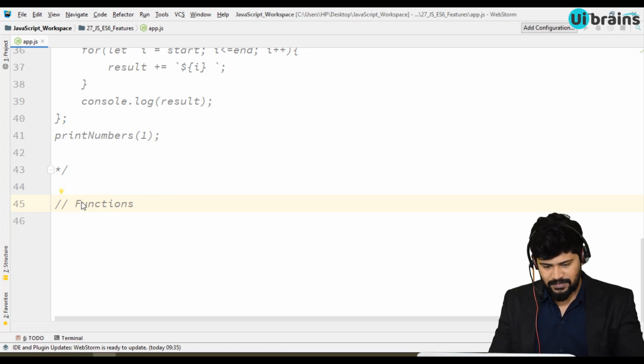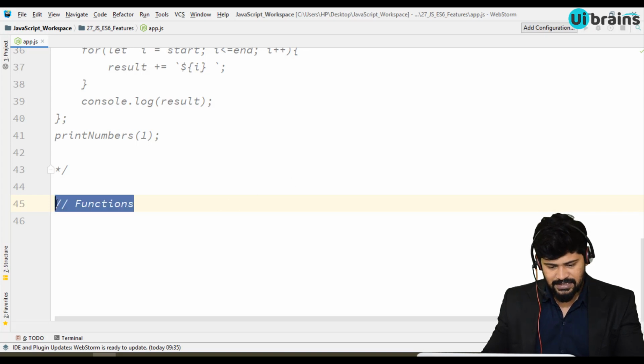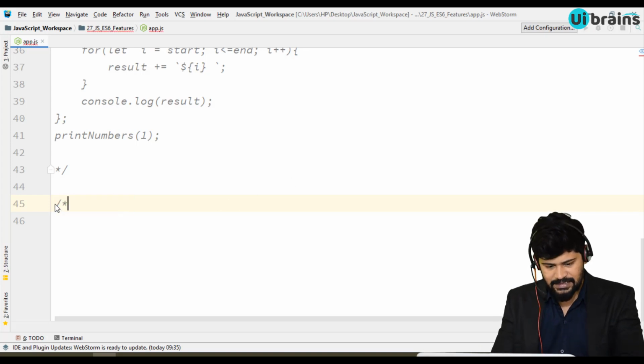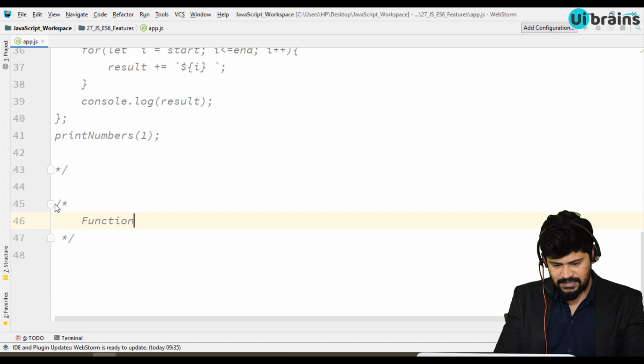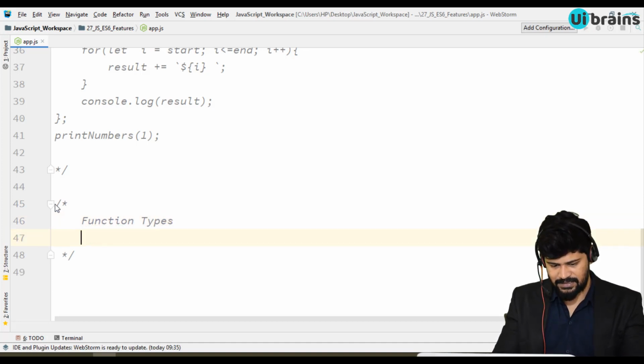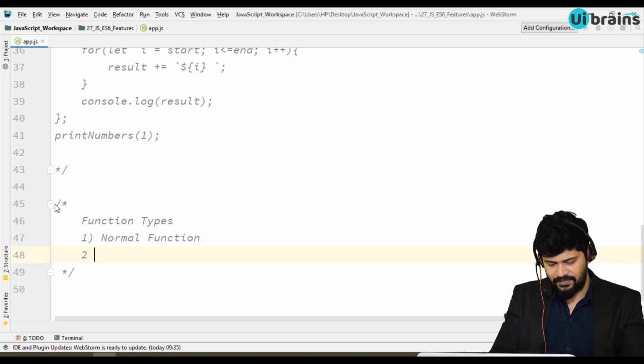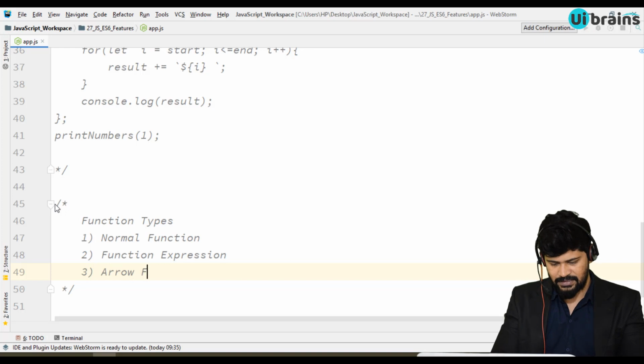Function types: the first one is the normal function, a very old way of declaring functions. Another one is called a function expression, and the final one is the arrow function.